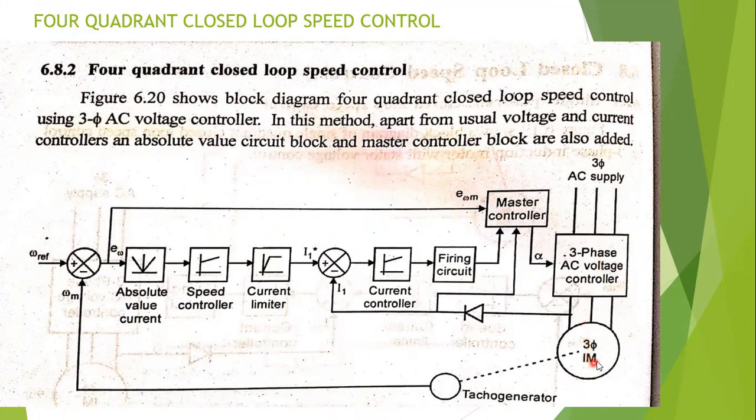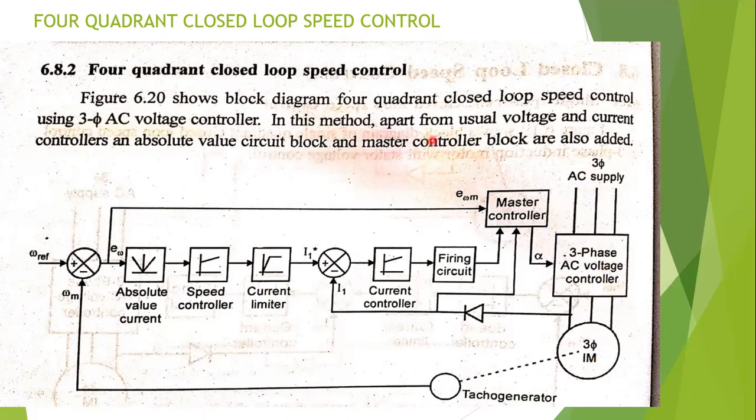Okay, this input of the three-phase induction motor is AC. So this voltage can be controlled by using a three-phase AC voltage controller, by using a three-phase full wave AC voltage controller. The three-phase induction motor input voltage can be controlled by using a three-phase full wave AC voltage controller. So this is the input of the three-phase full wave AC voltage controller. Okay, so these are the different types of blocks you know well from single quadrant closed loop speed control of induction motor.